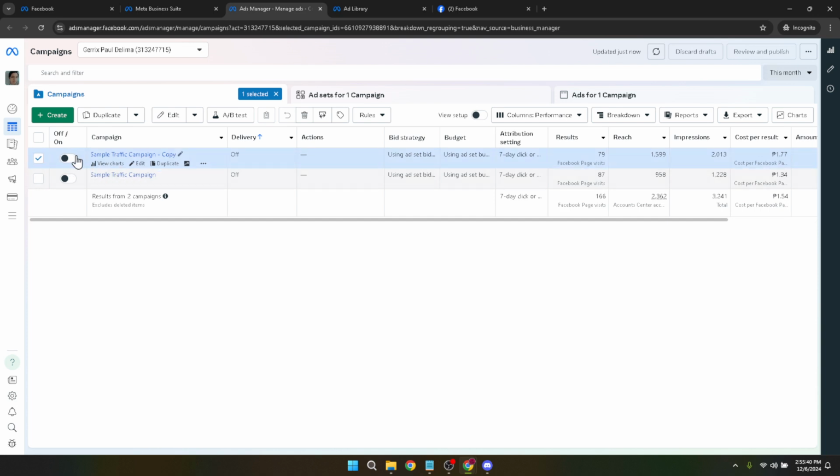It's a straightforward process, but there are a couple of things to remember. First, if you decide to reactivate your campaign in the future, you can simply follow these steps in reverse to turn the campaign back on. Second, keep in mind that cancelling a campaign doesn't delete it. You can always review the performance data of your cancelled campaigns for future reference or analysis.